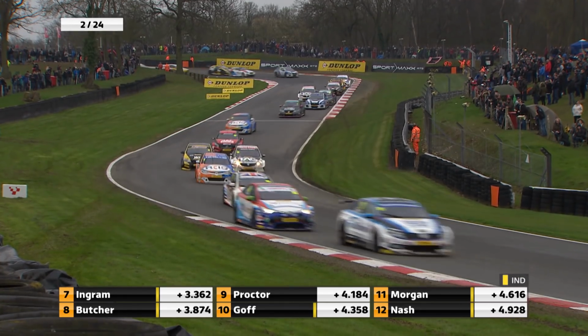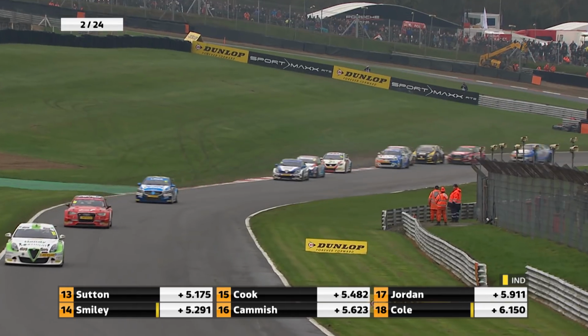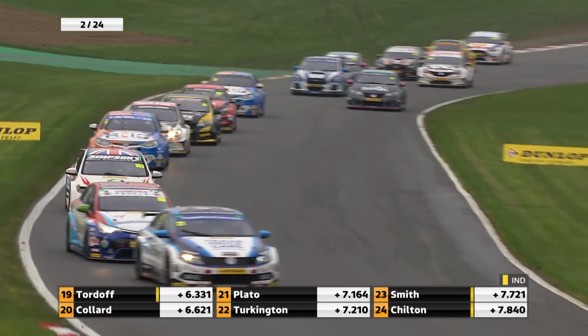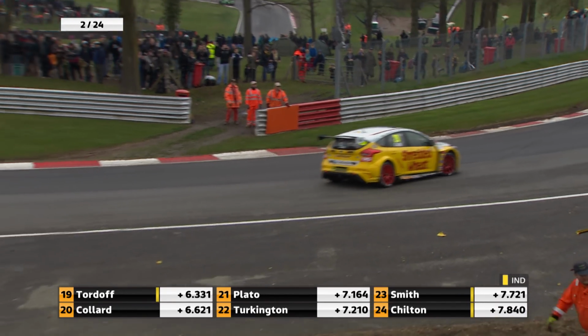The double Clio Cup champion back into the series this year, running now fourth. Boardman the one that has dropped down the order, but Austin leads the way. Ollie Jackson is second. So the Alfa Romeo brand back in the BTCC and up front, and James Cole is facing the wrong way